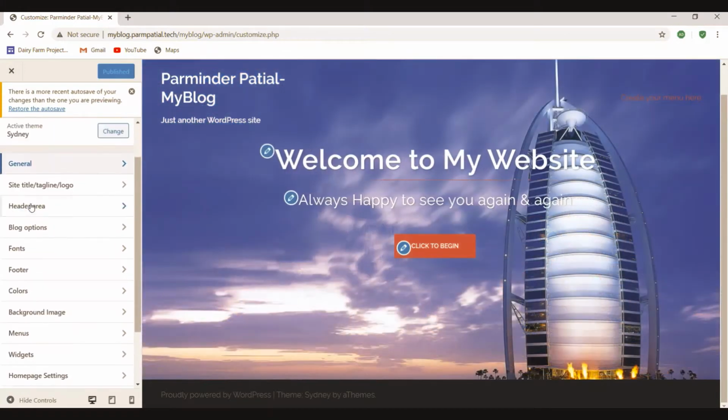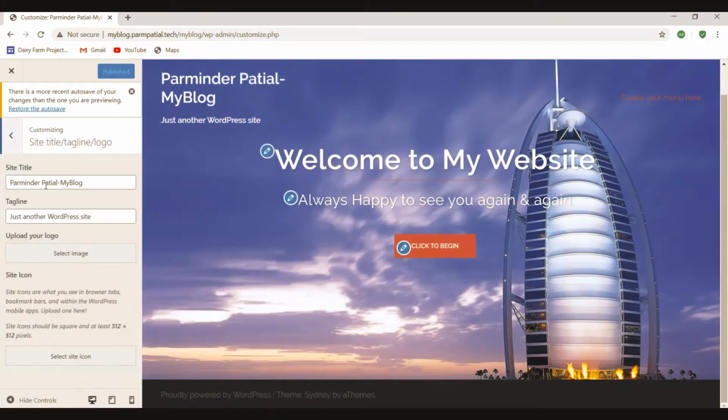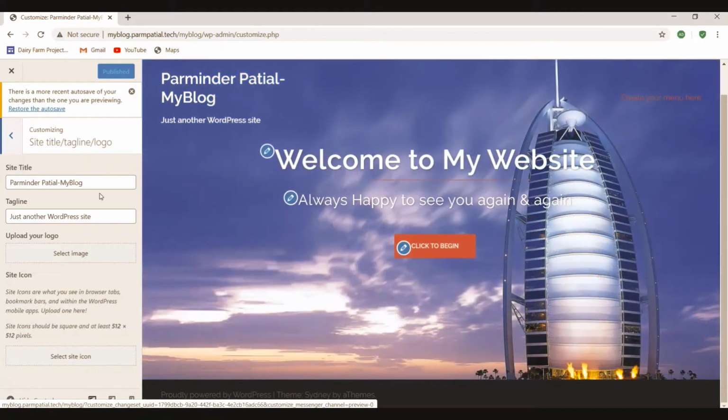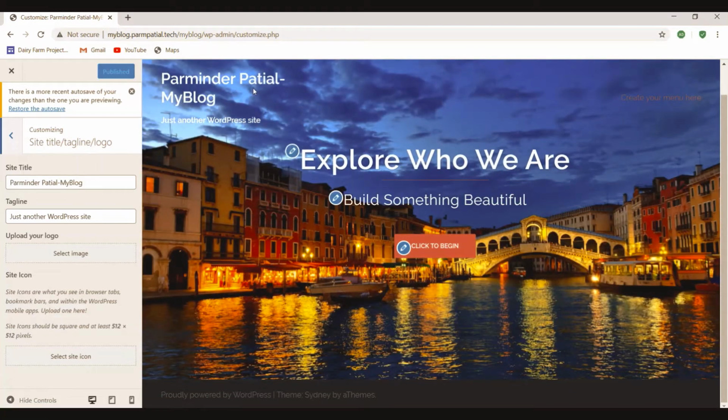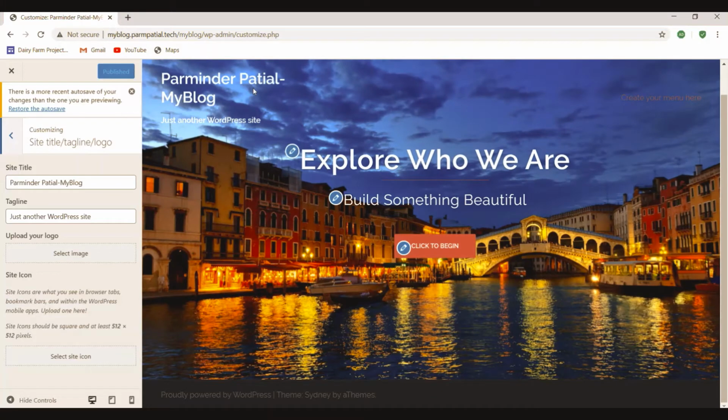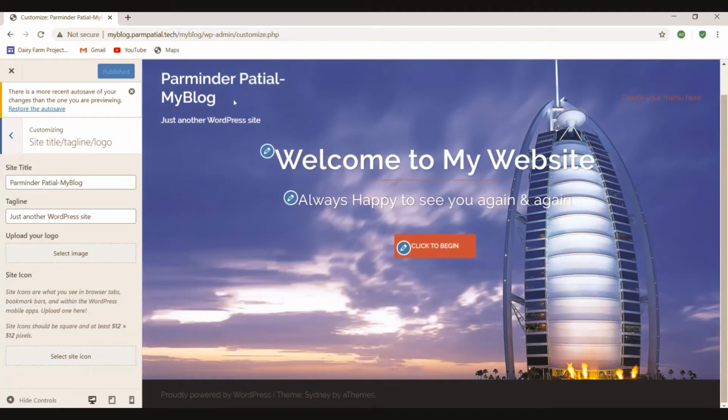Then if we go to the site title, tagline and logo, here you can change the site title. Here we see Param Patel, that might blog, coming right now as the site title, because basically this space is for the logo. We have not created or uploaded any logo till this time, so that's why our site title is displaying here.